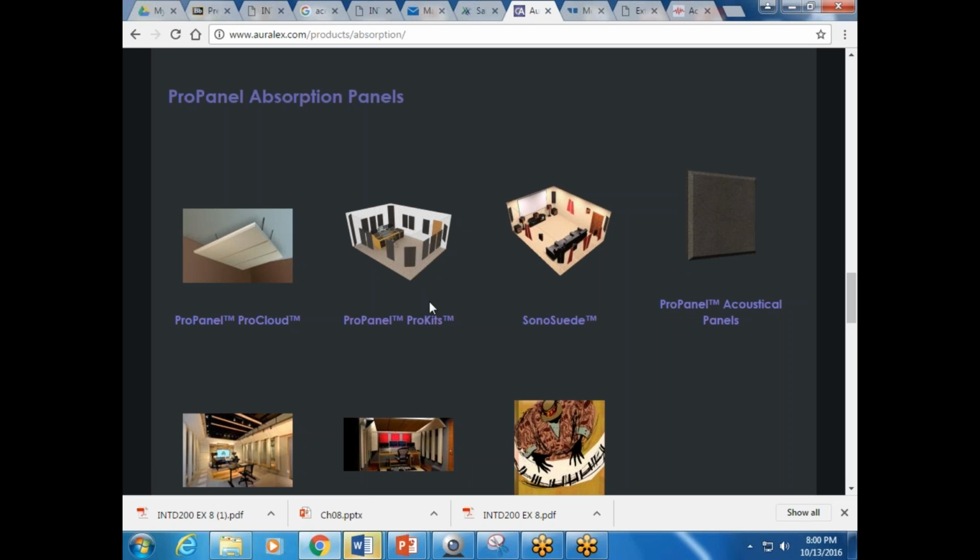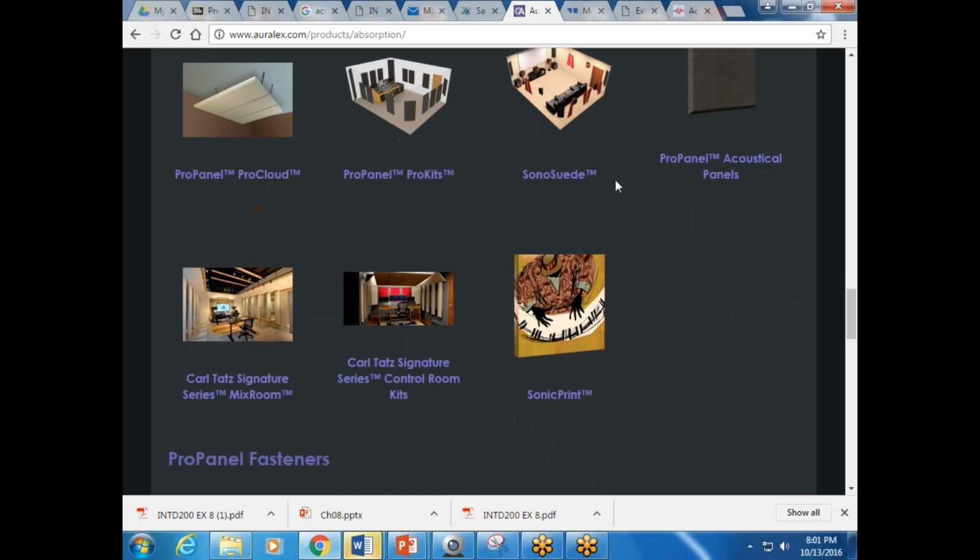And then they will, for free, because I've already done most of the legwork, say yes or no, or you might consider changing this. So we can save money depending on how much labor we want to put into it ourselves, and depending on what relationship we have with the client. So they'll send you some of these. They have Sonic Print, but this is a much more expensive solution than some other solutions out there.